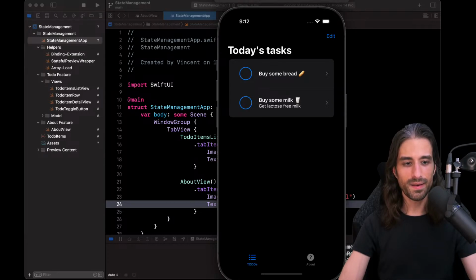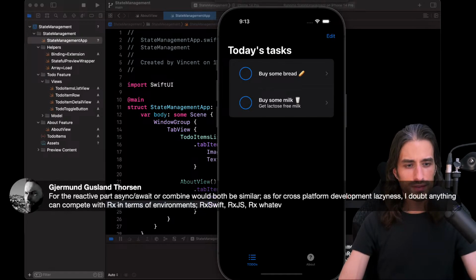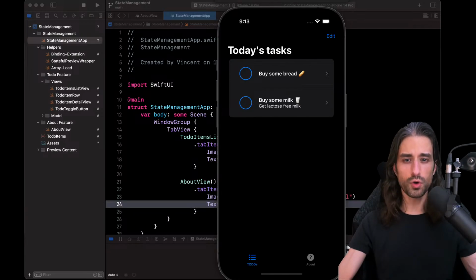I see a few messages in the chat. Let me see. I see a comment for the reactive part. I think async await or Combine would be both similar. Yeah, I think what Hydro was saying is that TCA is going to become a structural part of your app, just like SwiftUI is, but it's just an analogy on that level.